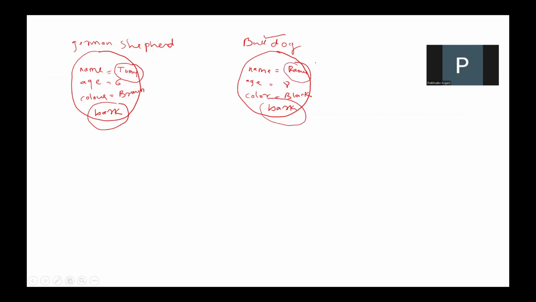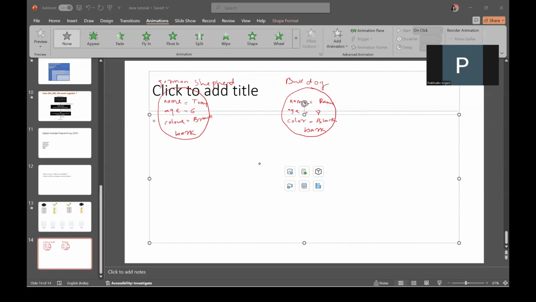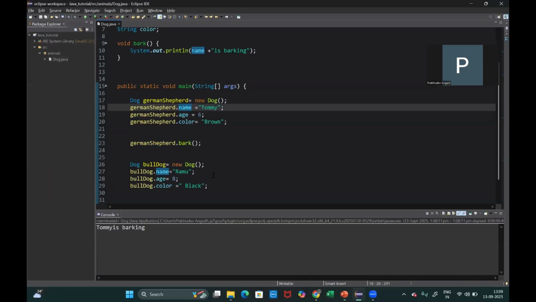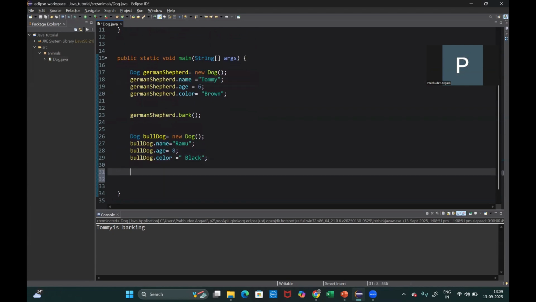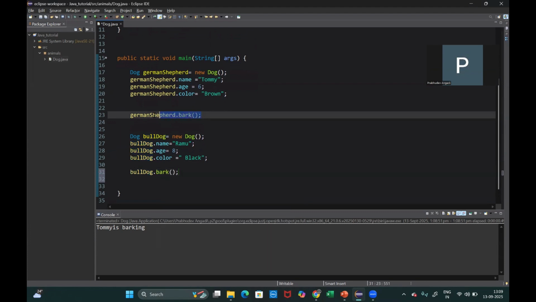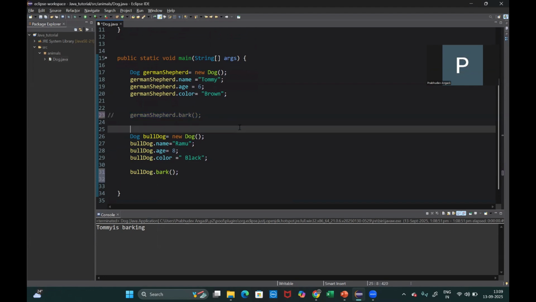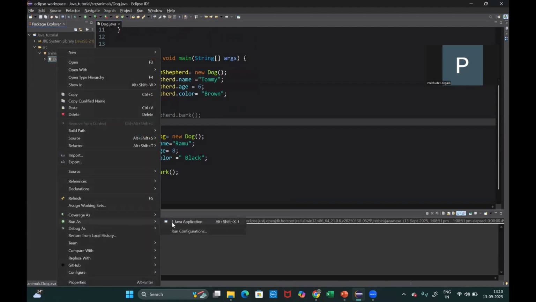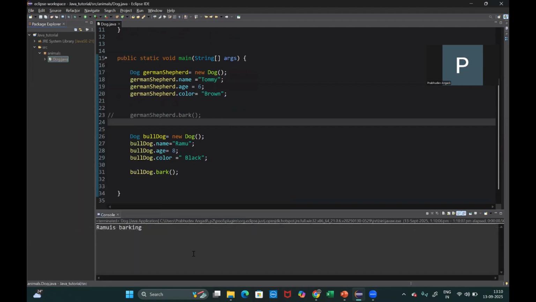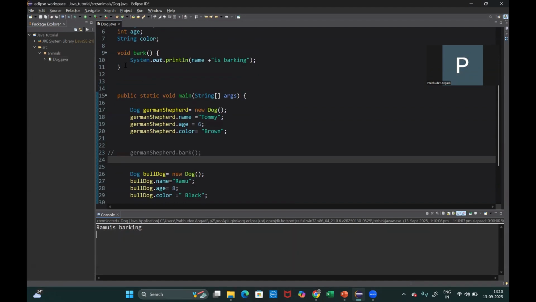Let me show you. If I use bulldog dot bark, and let me comment out this. If we add here, then it will comment. And let me run this. You see here, Ramu is barking